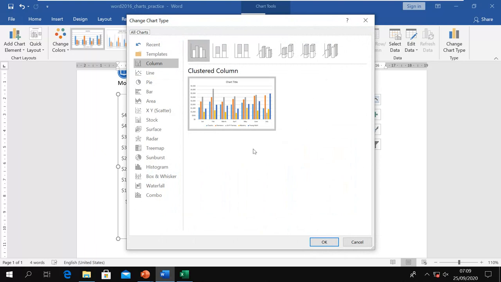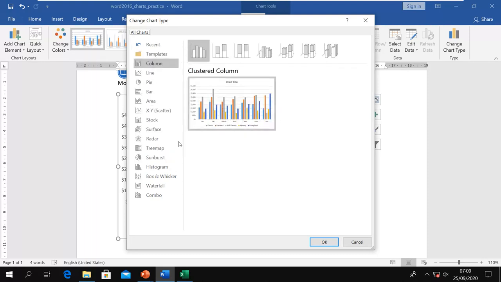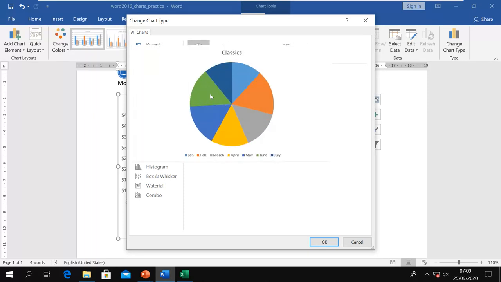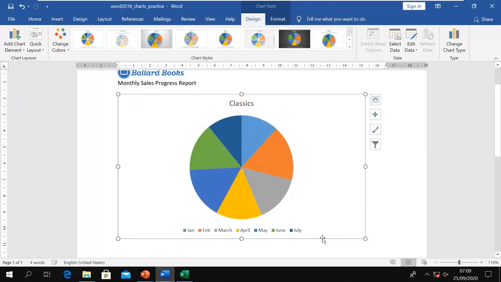Now this dialog box comes, and we can choose whatever type of chart we want. The data which I have cannot be represented properly in a pie chart. For example, I try to select the pie chart and say OK. Now it is only showing the percentage for each month, and it is not properly presenting my data.